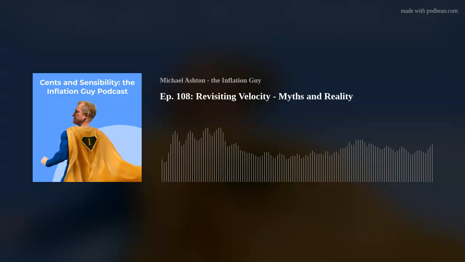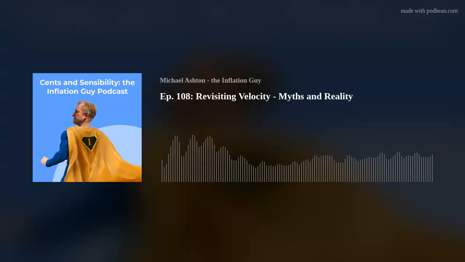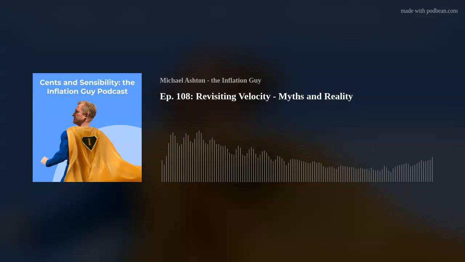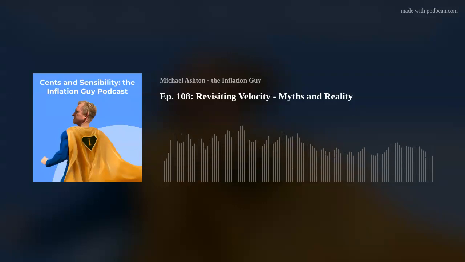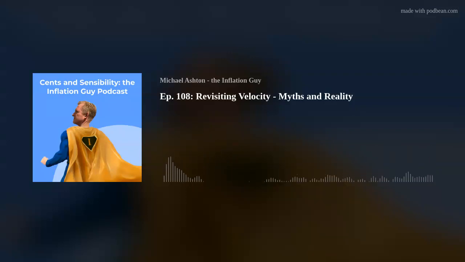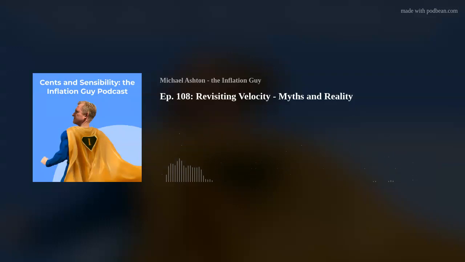Now we'll see in a bit that velocity isn't stable, but that it is forecastable. If velocity is stable, at least over time, then the price level is just proportional, algebraically, guys, to M over Q. So if you take MV equals PQ and you move Q to the left-hand side, you have MV over Q, and if velocity is stable, then price is proportional to M over Q. But anyway, then we could keep the price level fairly stable by just being methodical about how we treat M.